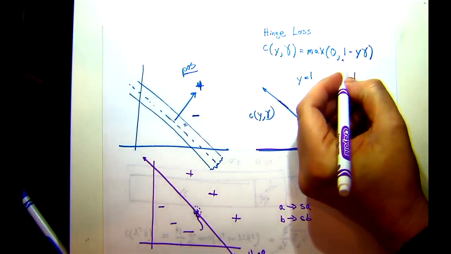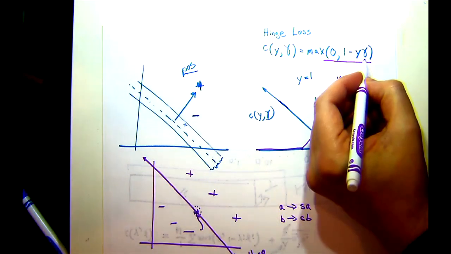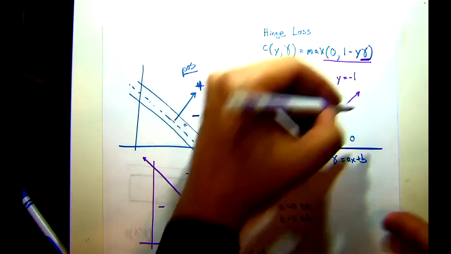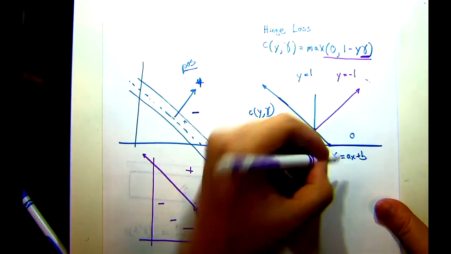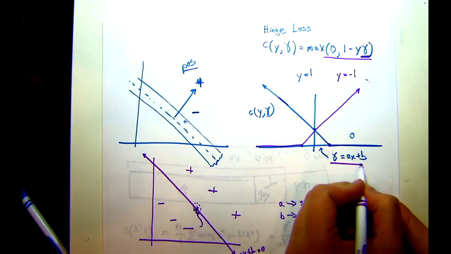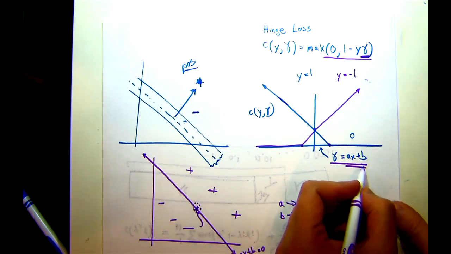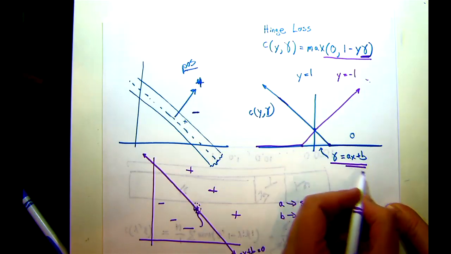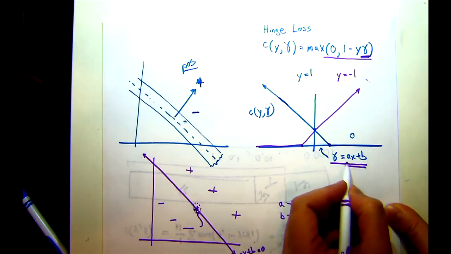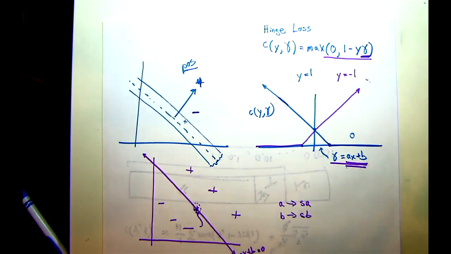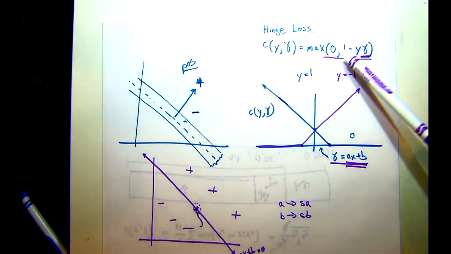This guy is the cost function. This guy is going to be our estimate. So the gamma is this. When this is greater than 0, we call it a positive. When it's less than 0, we call it a negative. And so the magnitude of this value is going to determine, basically, as that gets bigger and bigger, that's going to increase the cost. Now, if it's correctly